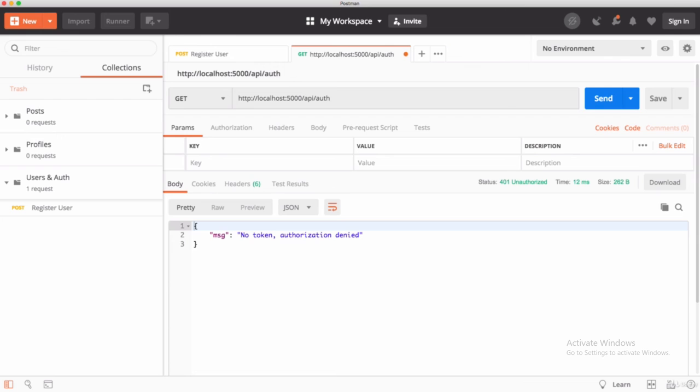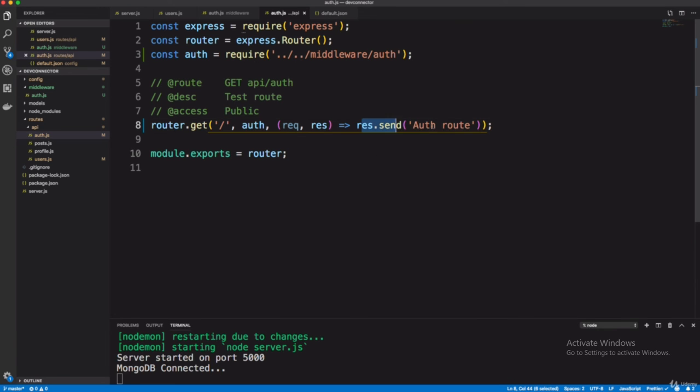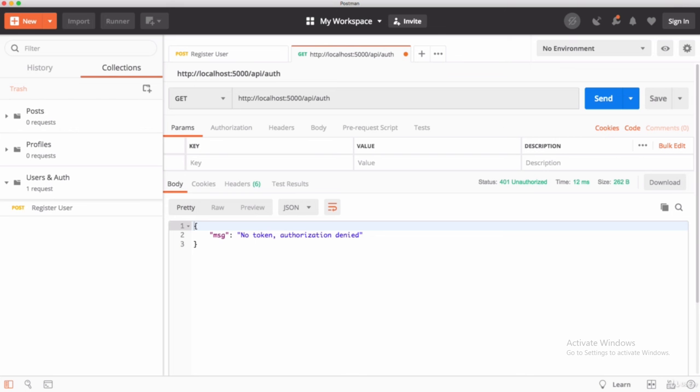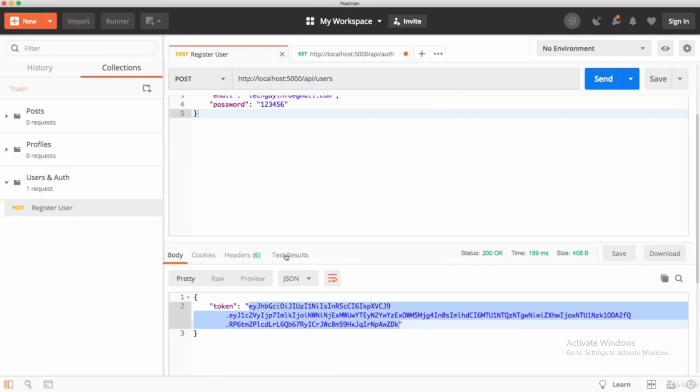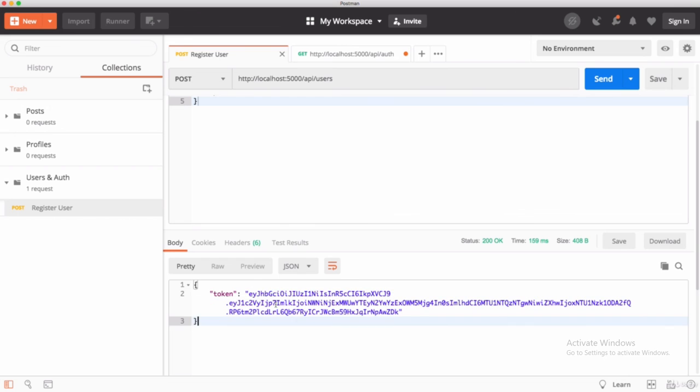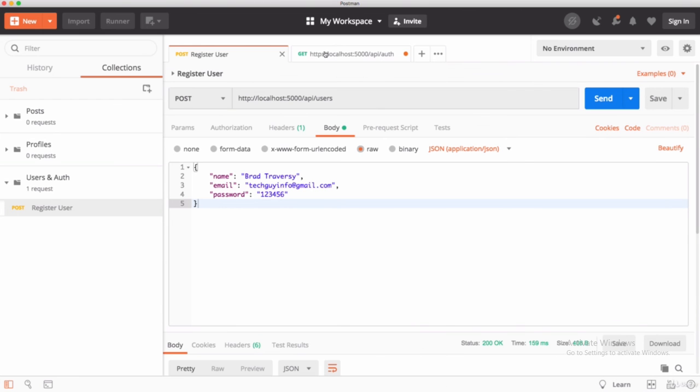If you want to get this, you have to use that token. For getting that token, I am copying it, or you can regenerate it, but it is valid for 1 hour. Just copy that token and apply it in the header of the page.